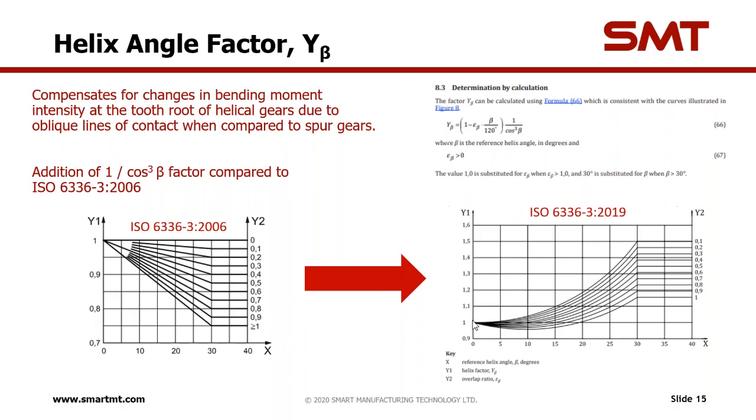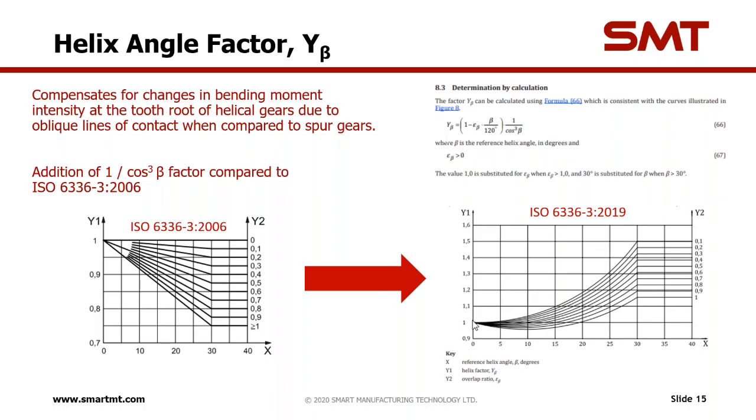The general impression in testing and within the ISO TC60 committee, which is responsible for these standards, is the bending safety factors were too high using the previous versions of ISO 6336 for helical gears. So the risk of failure was actually greater than predicted with the previous versions. The new standard incorporates a 1/cos beta cubed factor, which changes the way the helix angle factor behaves